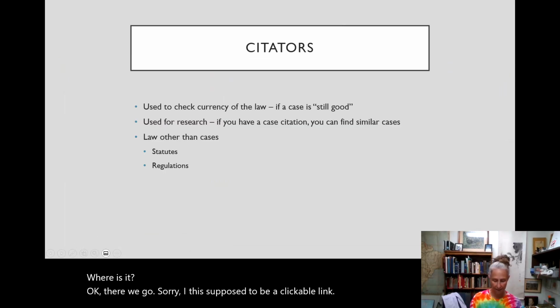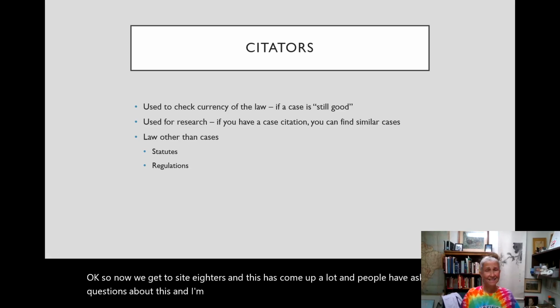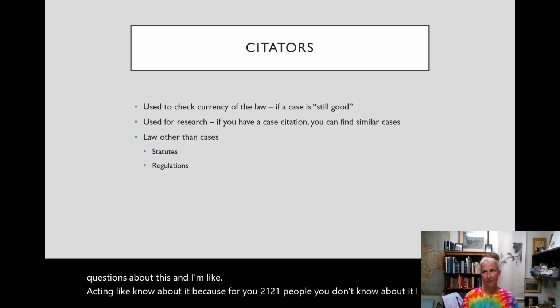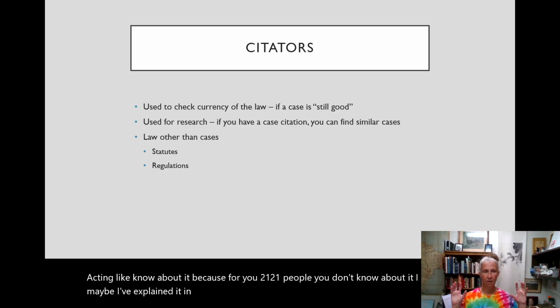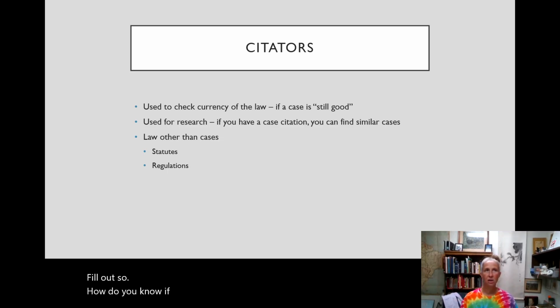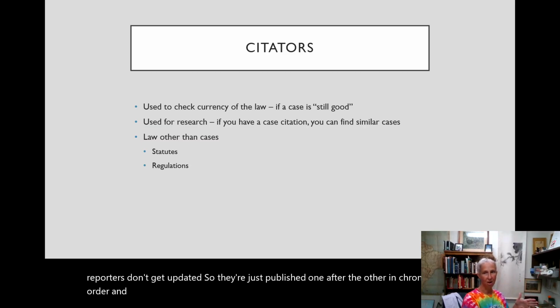Okay, so now we get to citators, and this has come up a lot, and people have asked me questions about this, and I'm acting like you know about it, because for you 21 people, you don't know about it. I mean, maybe I've explained it in passing, but we didn't really cover it full out. So how do you know if a law is still good law? You have to check it in a citator, because the reporters don't get updated. So they're just published one after the other in chronological order,